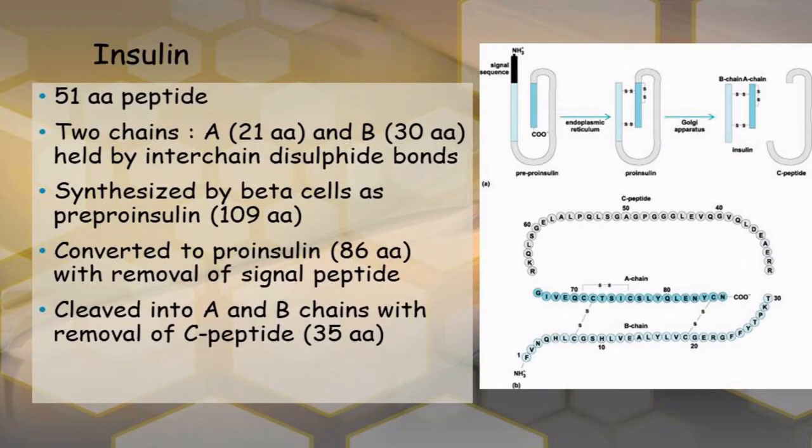The pro-insulin becomes almost 86 amino acids. And again, the pro-insulin is further cleaved into A and B peptides with the removal of the C peptide, which is a 35 amino acid segment. So the C peptide, it resembles the alphabet C, that's why it's called C peptide. So it removes the C peptide and you get the biologically active insulin,